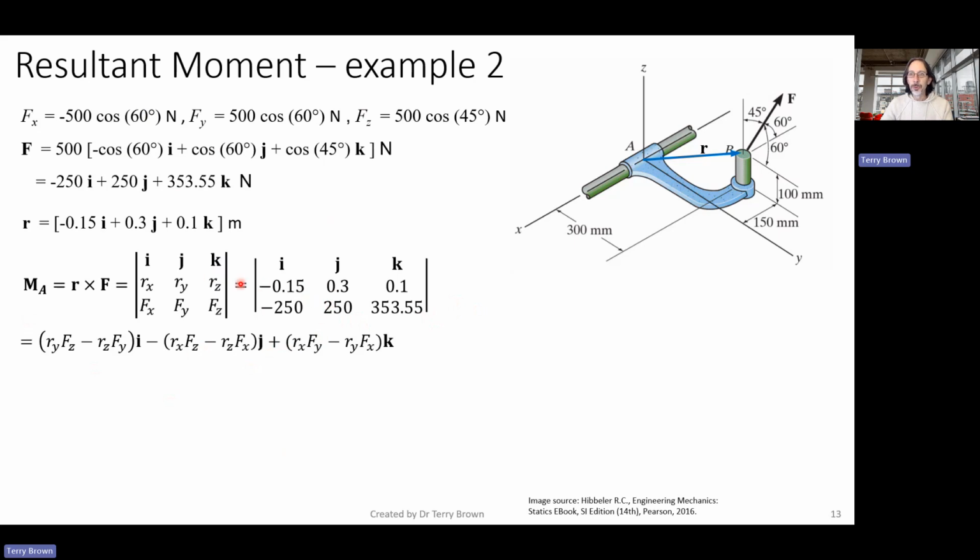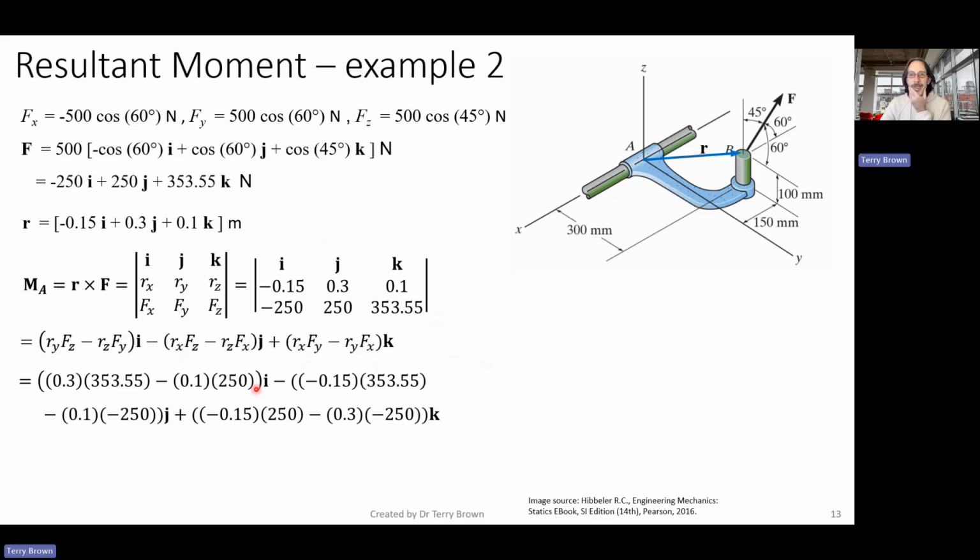If you're not familiar or comfortable with doing this, you can just go and multiply through like I did previously, where you get i cross i, j cross j, and k cross k, they all equal 0, and then you need to make sure that you're getting the right terms when you do the i cross j, j cross k, etc. Okay, but we'll just use this method this time. So you can just write down that formula, remembering the minus sign out the front of the j term. Do the maths and